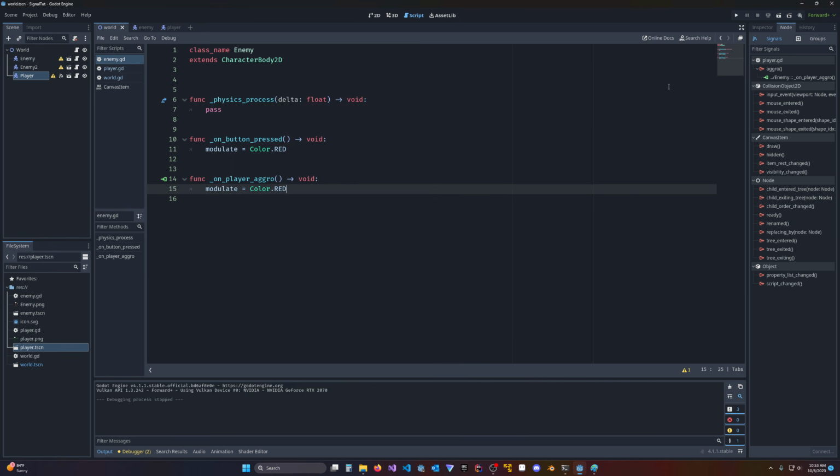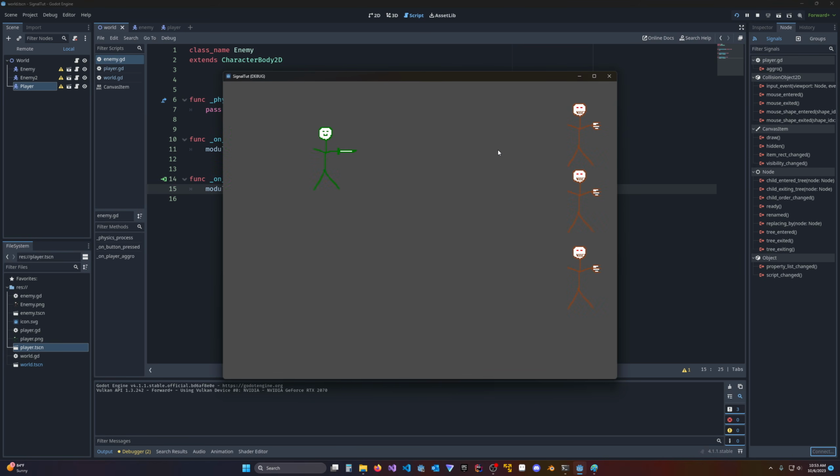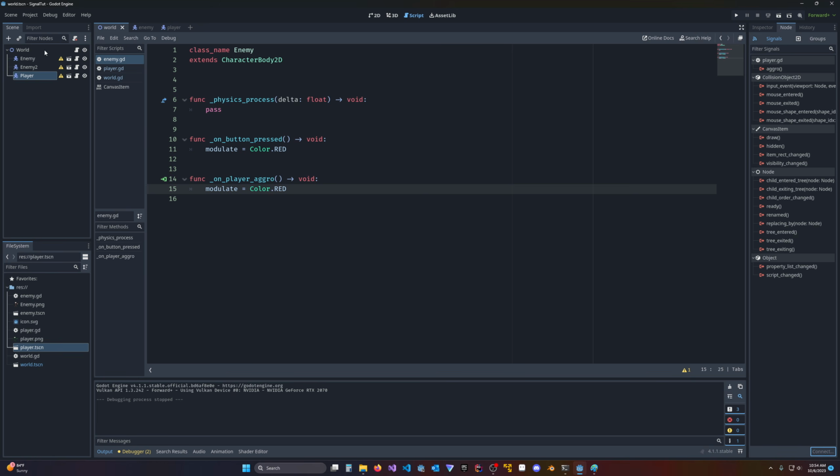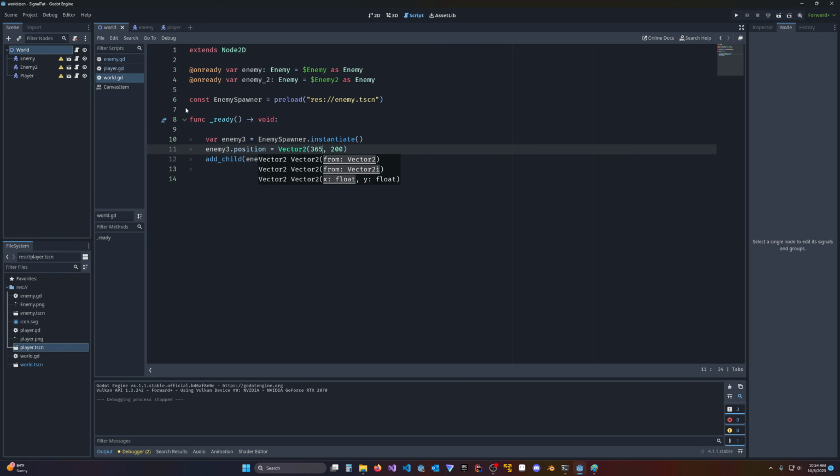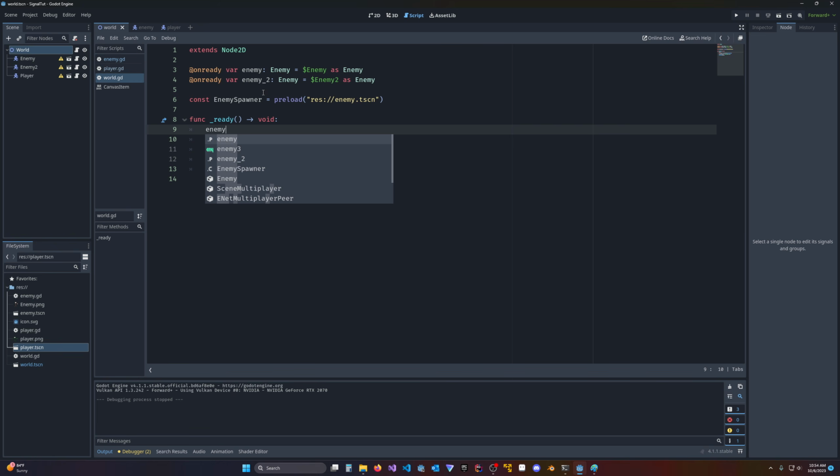So let's just come back here. I'm going to disconnect it visually. And we are going to look at it here. And as you can see, since I've disconnected it visually, nothing's happening again. So let's connect it with code. And we come here to the world. And I can see now that in order to do this, I need to take all my enemies. Enemy dot,